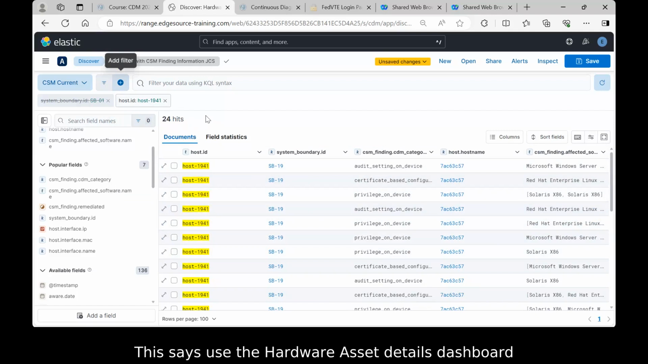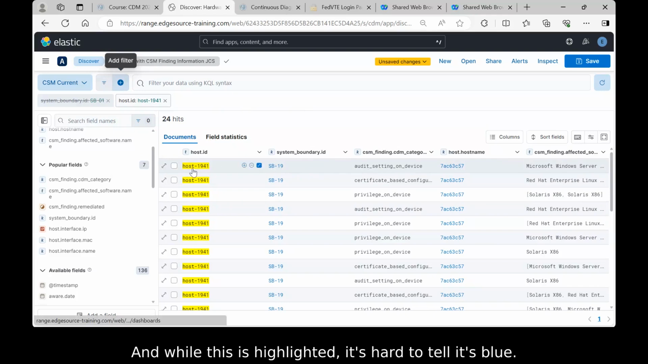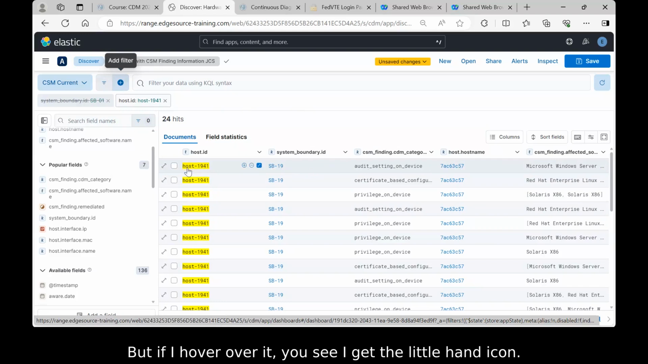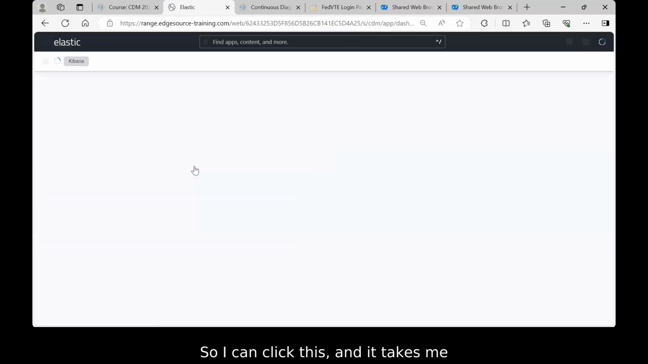It says use the hardware asset details dashboard to determine the CSM subscore for host 1941. Okay, now I think Darren mentioned this, or it came up at some point. The blue items are links to different dashboards, and while this is highlighted, it's hard to tell it's blue, but if I hover over it, you see it, I get the little hand icon. So I can click this, and it takes me